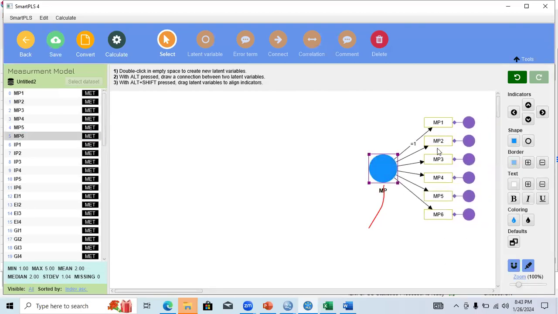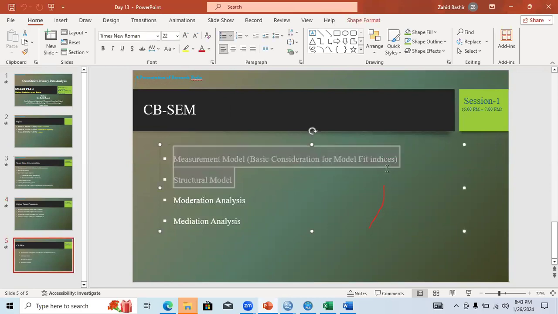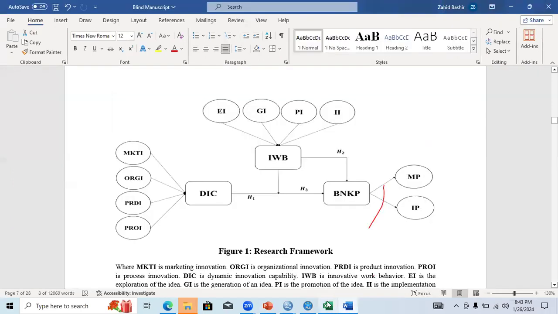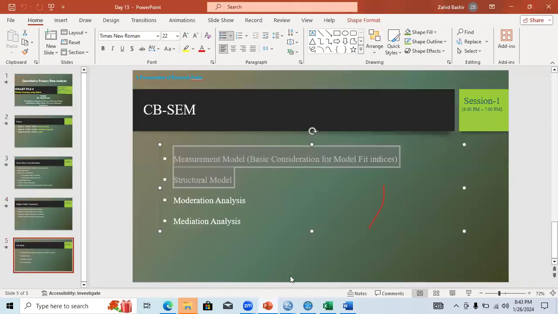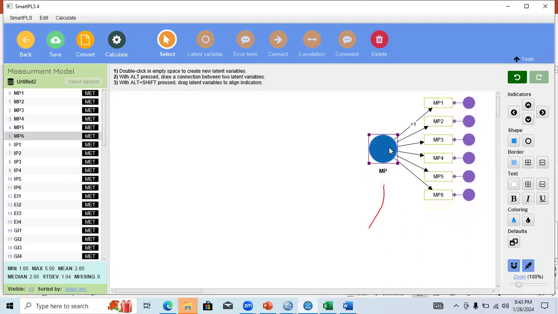You will see that with indicators, you are showing the error term also. It is the covariance based method, CBSEM. In case of CBSEM, we also consider the measurement model, the basic consideration for model fit indices. So we can consider here the same indicators but with error term addition.